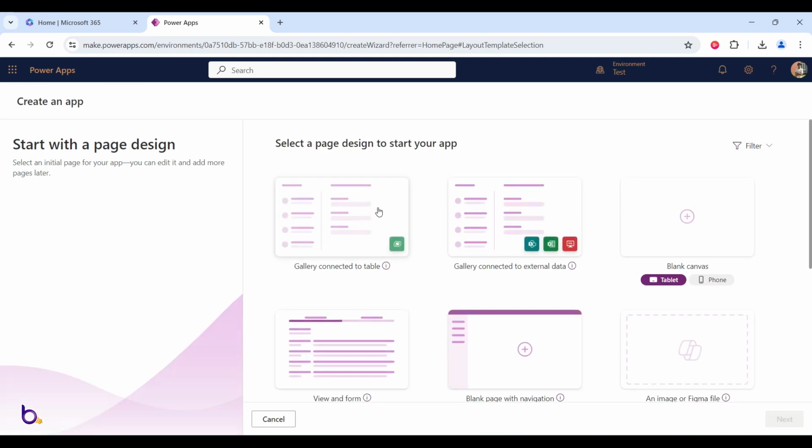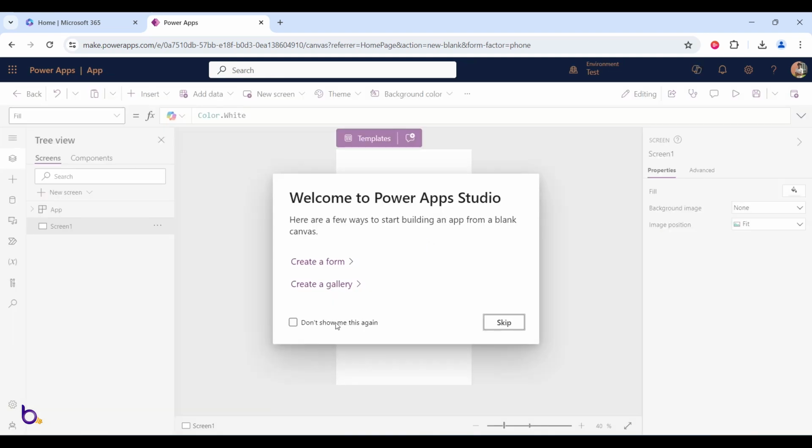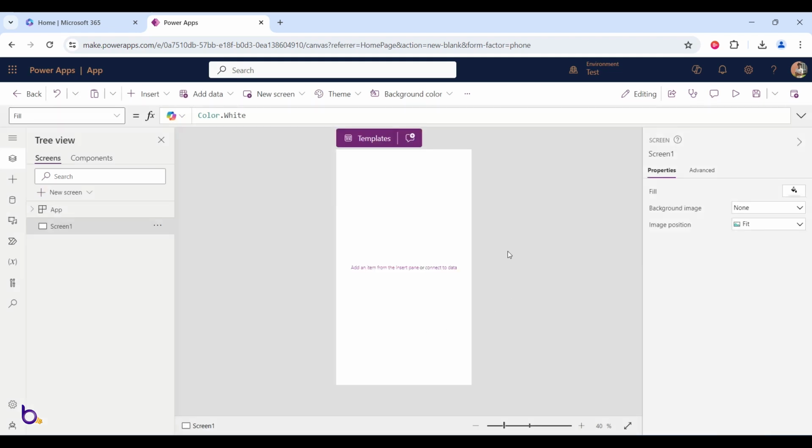I'm going to select a blank and then a phone, because you're going to develop a bottom menu, a menu actually. Okay, all right, my app is ready. Let me click on this and skip. Great, we are in our app, and you can have some templates available. You can also have a Copilot here to guide us through,